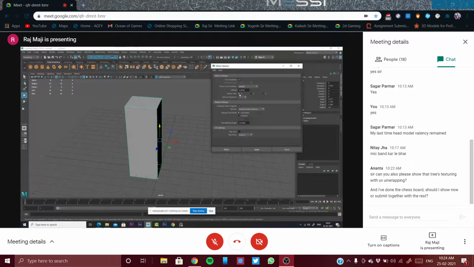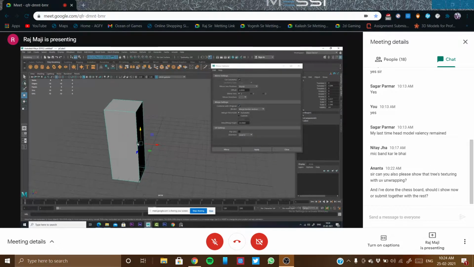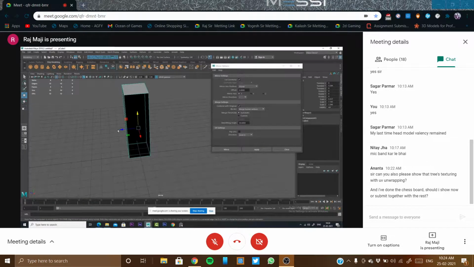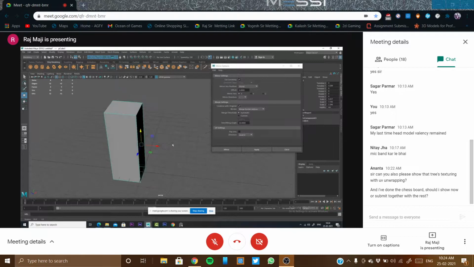Mirror axis should be x, because the orientation is on the x-axis. If mirror will be in this axis, so this will be z, so we need to select z. So in this case, you need to check in your file which axis it is. So it should be the x-axis.